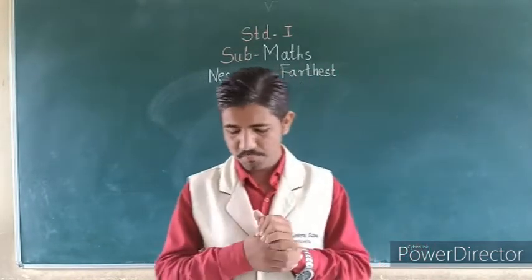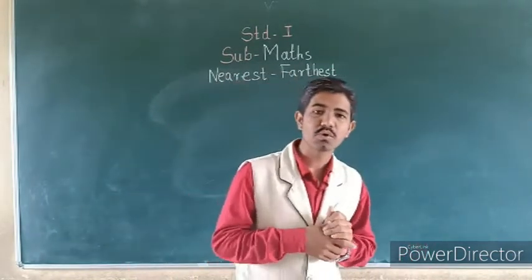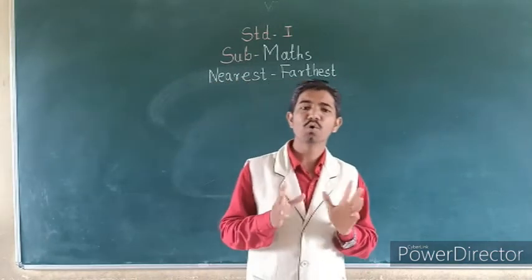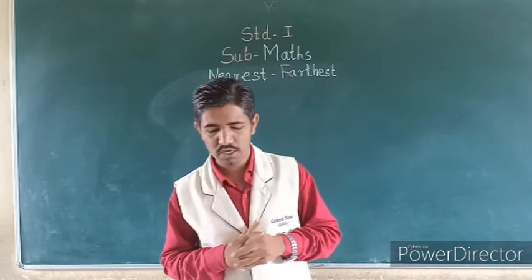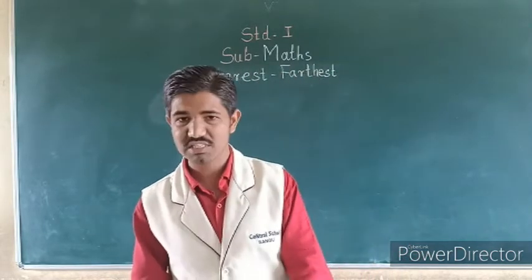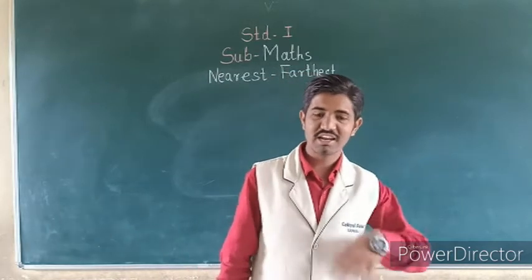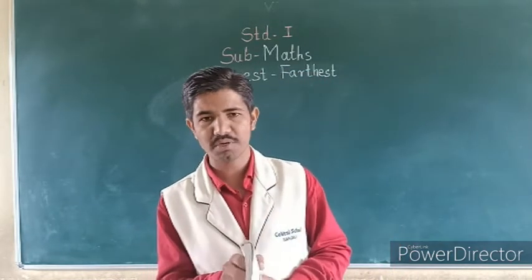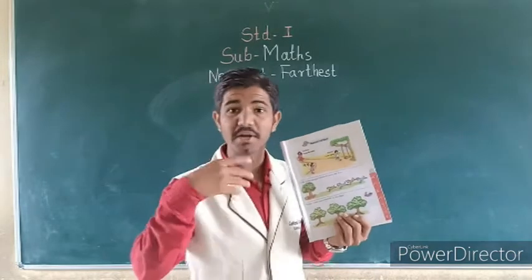Okay. See page number 7. On page number 7, we see the first example. In the first example, both children are playing. Okay, so open your textbooks. All of you open now. Yes, page number 7. See next, nearest and farthest. I will show you a picture of nearest and farthest so that you can understand better.